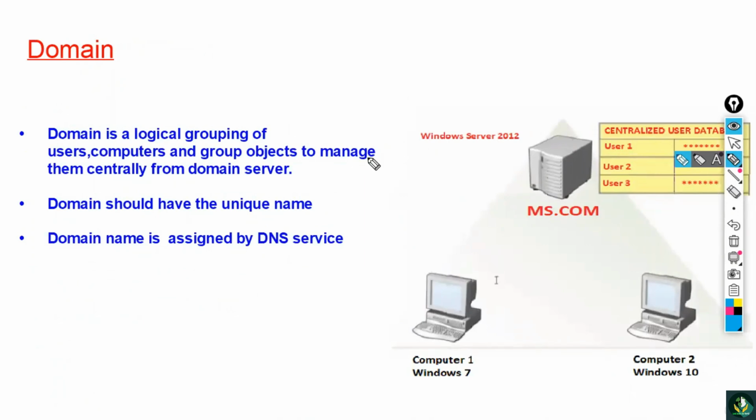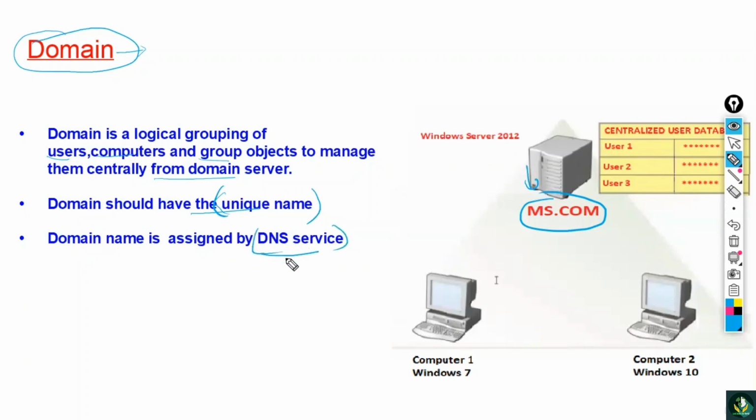So guys, we need to understand some terminologies. The first terminology is domain. What is this domain? Domain is your logical network. Domain is a logical grouping of users, computers, and group objects to manage them centrally from the domain server. So domain, in simple words, is your logical network. And domain should have a unique name. So when you are installing this logical network, it should have a unique name, like ms.com is the name of your domain here in this case,